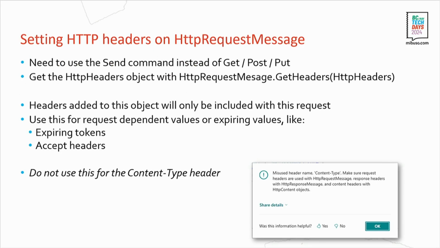And, well, only when you want to do this, you need to use the send and not the get, post, or the put. You can set the headers on the HTTP request message, not in the same way as you can do on the HTTP client. On the HTTP client, you had that function, get default request headers. And then you could say .add. There is not an HTTP request message